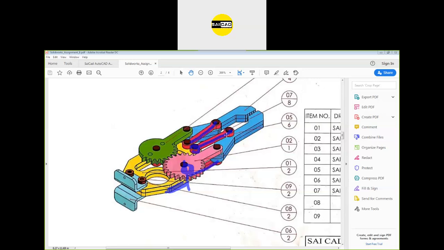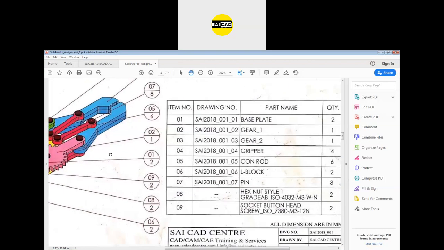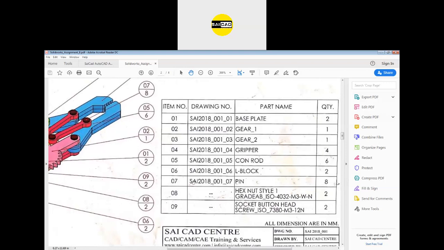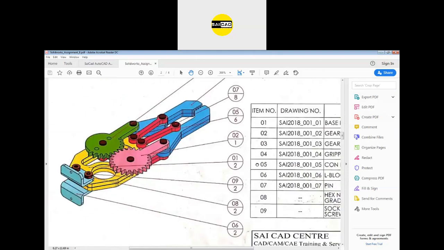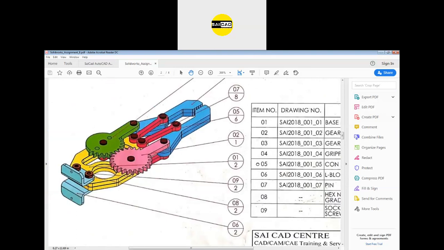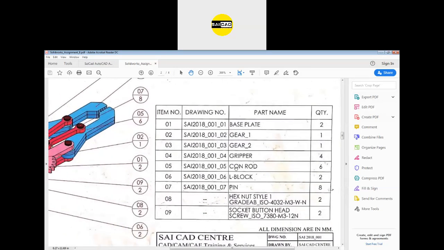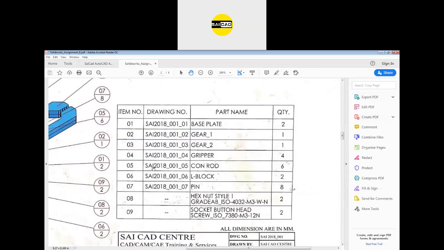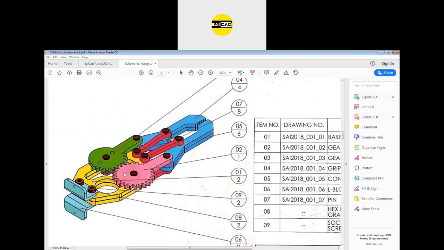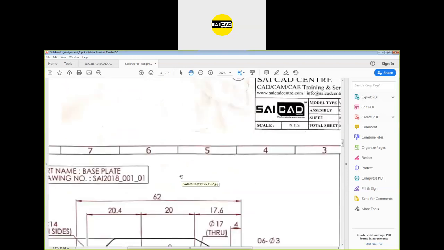You can see that this component is number 7. So the seventh component will be of 4. Okay, this is the 4. We have the pin. The seventh component is the pin, and this component is the fifth one, of 6. Okay, we have 6 rods, connecting rods here. First one, second one, third, fourth, like that. And we also have to attach those to these points. Okay, I will show you by opening the component.